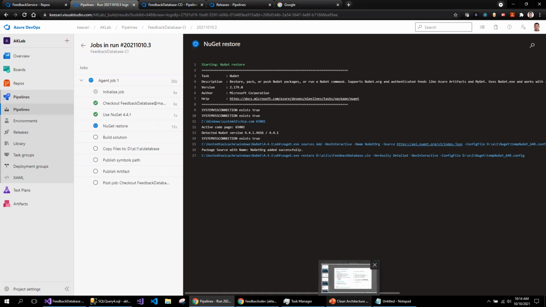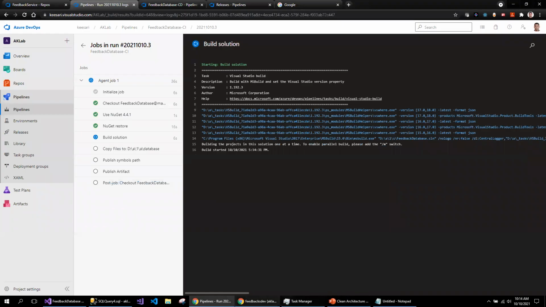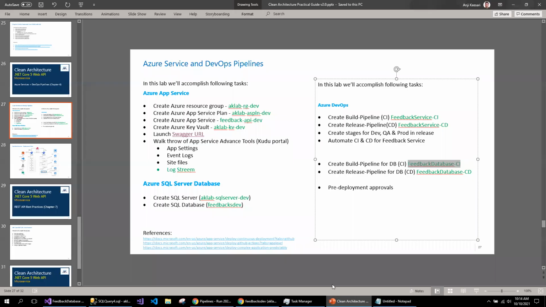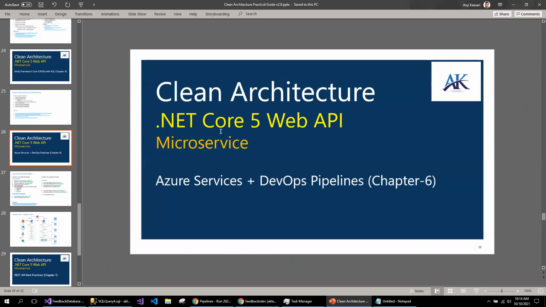So I think I'm pretty much done with this part of the session. I'm just testing, making sure that my new database changes are reflected in the Azure SQL Server database as part of these tasks. So as I mentioned, I'm going to continue this series to make sure that I'm adding all the best practices as part of this clean architecture journey.